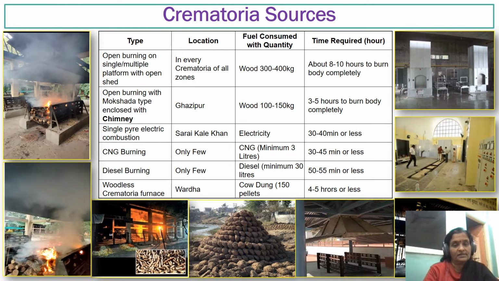So all these crematoria, I have just put some which are there in Delhi, and we can see that about 300 to 500 kgs of wood is being used. Then in the Mokshada type, about 150 to 200 kgs of wood is used. In electric fire crematoria, the time taken is less: if it is 3 to 5 hours in the wood fire, it is only about 1 hour 10 to 20 minutes in electric fire, in CNG, and even in diesel and other combustion units. So these are all the various combustion units that are being used in